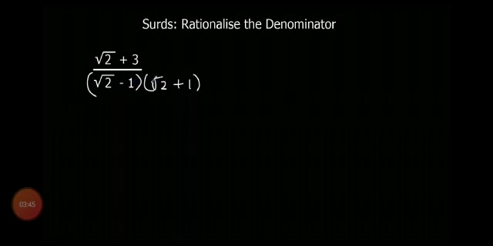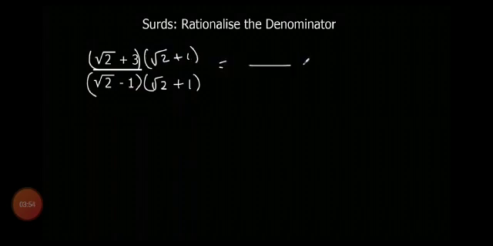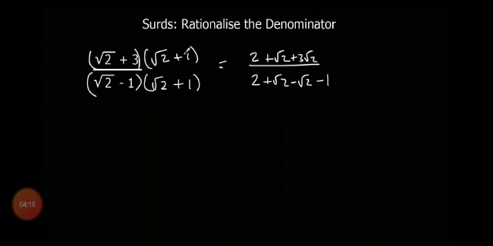For next one, again we have to change the sign of under root 2 minus 1 and it will become positive, under root 2 plus 1. In numerator we take the product of under root 2 plus 3 with under root 2 plus 1, and in denominator after multiplication there will simply be a real number, 2 minus 1, which is 1. Under root 2 with positive sign will be removed by under root 2 with negative sign in denominator, and in numerator under root 2 into under root 2 will become under root 4 and square root of 4 is 2.